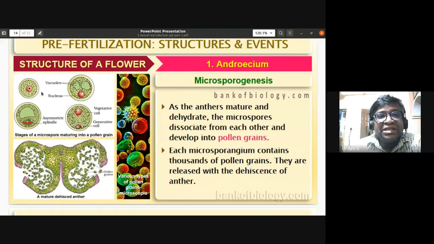Now this single celled microspore undergoes unequal cell division to form a large vegetative cell and a small generative cell. So this microspore or pollen grain undergoes